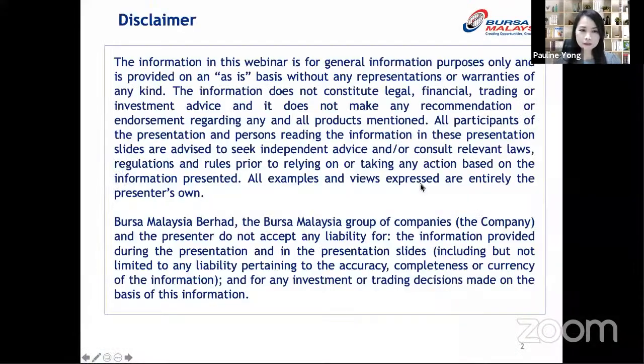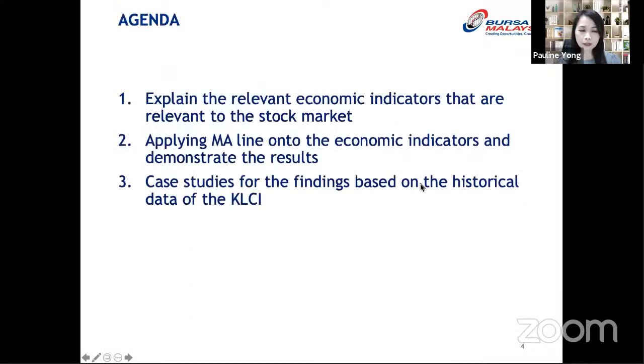Okay, so the agenda will be explaining the economic indicators that are relevant to the stock market. There are thousands of economic indicators out there, so we will choose certain indicators that are more relevant to the stock market. And then towards the end, we apply the moving average line onto the economic indicators to demonstrate